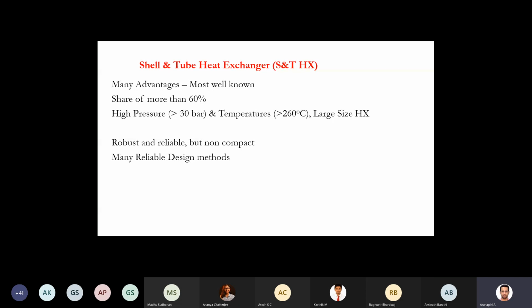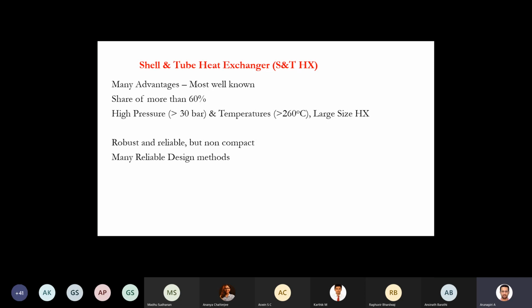Okay, so that's another advantage of this cylinder heat exchanger, a very versatile one. Also, if you see the design methodology, you have many reliable design methods like the Kern method, so many things. You even have so many software packages for cylinder heat exchanger design. Okay, we will see later. So what are they? And also well-established design methods like codes and standards.